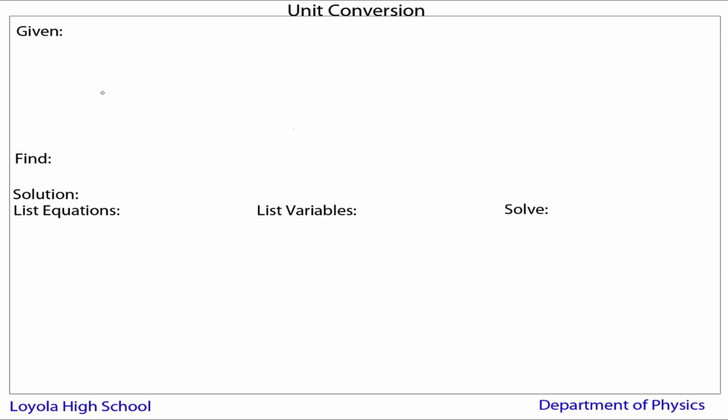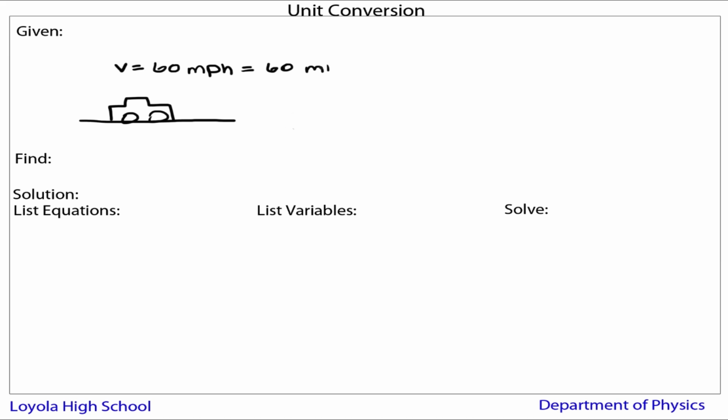In this video, I'm going to talk about the process you're going to use to complete unit conversions in your homework. So I'm going to use a car example since we're going to use a lot of moving objects. And this car, I'm going to say, is moving at a velocity of 60 miles per hour. And you'll typically see that because that's what we use in everyday life, but I'm going to write it as 60